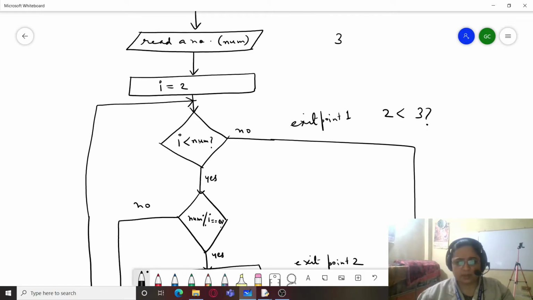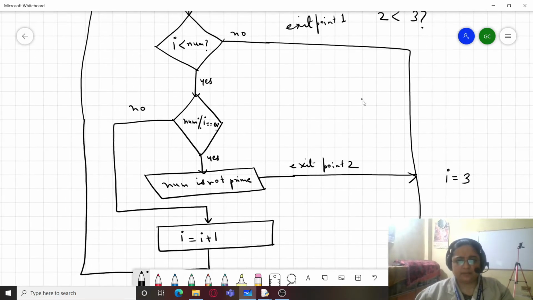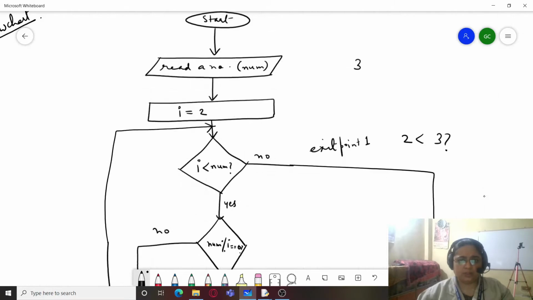So the condition will be false and it will follow exit point 1 and come to this condition where we will check whether both are equal or not. If both are equal, yes, we will simply print 3 is prime and exit.